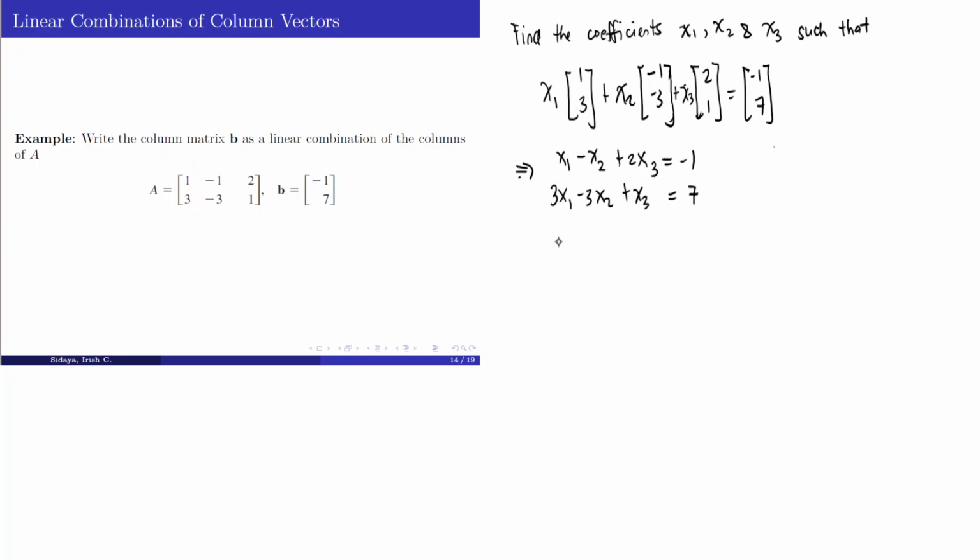Thus, we have the matrix 1, negative 1, 2, negative 1, 3, negative 3, 1, 7 as the augmented matrix